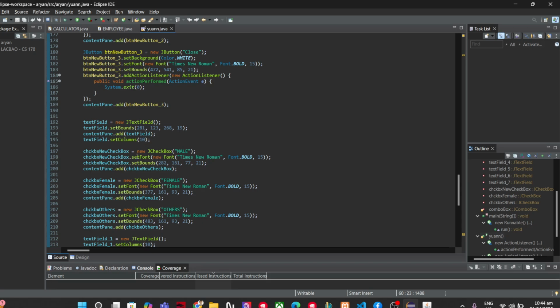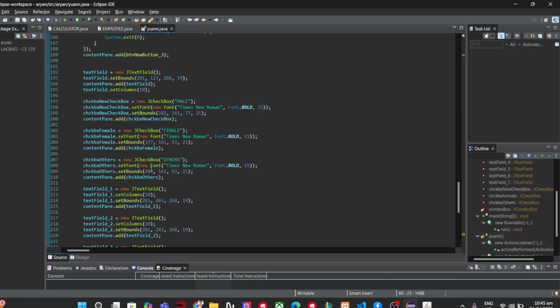And first, on the text field, on the gender, I use a checkbox for male, female, and others, so that you can pick one of the three.